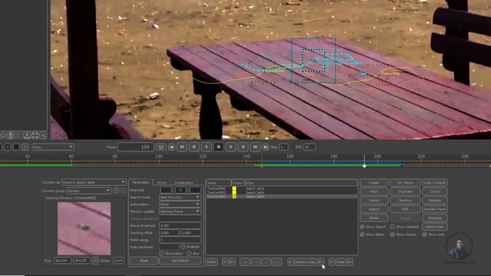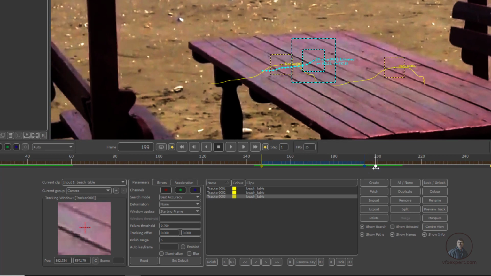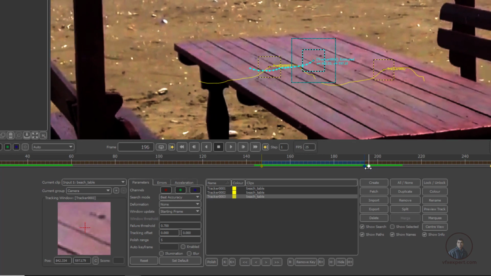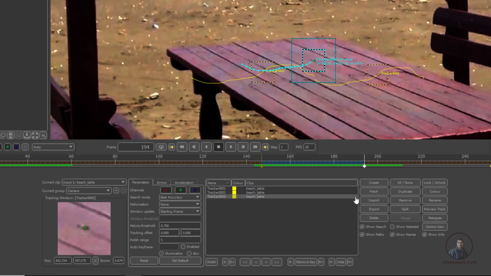So simply click on R plus or R minus. After this, if you don't want to track, you have to hide your tracker, because after this your tracker is present while it's still not tracking. So you have to hide your tracker with the help of H plus or H minus.